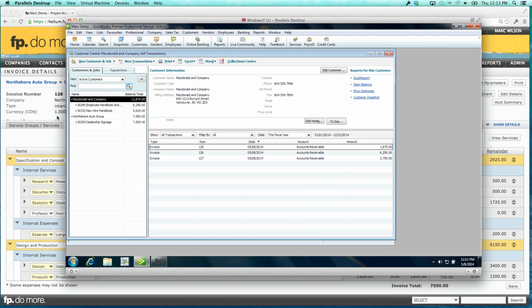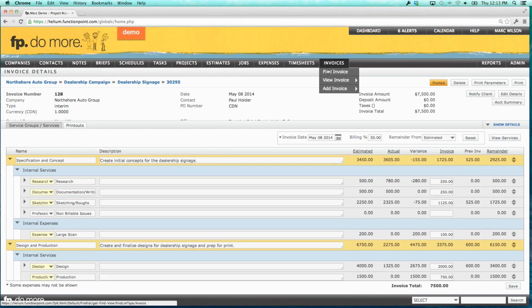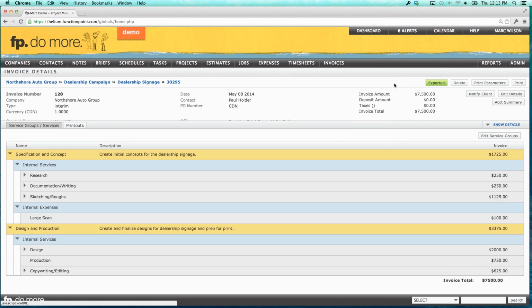And then what we'll see now is, that invoice for $7,500, 128, it's not open. I haven't double-clicked on it yet. It's closed. If I come back into this particular invoice, we will find it in a status of exported. Exported means it's been sent to QuickBooks. If I choose to edit this,